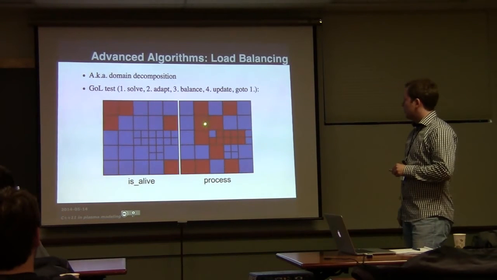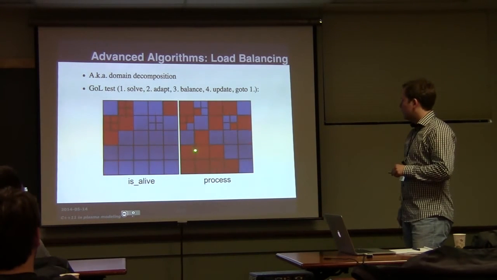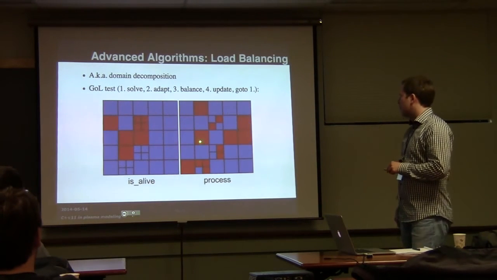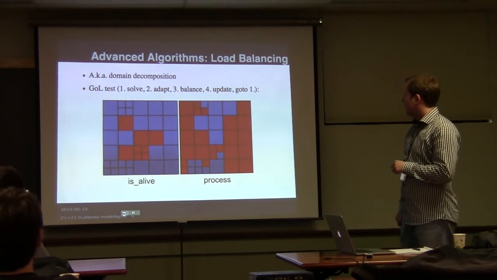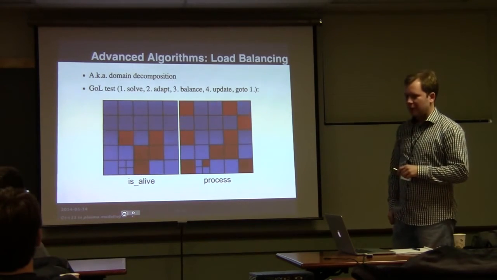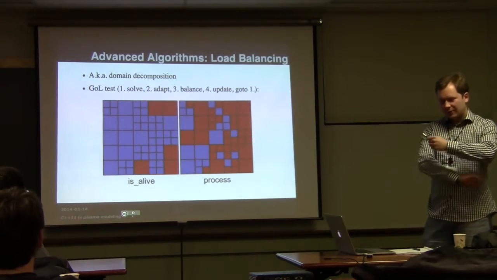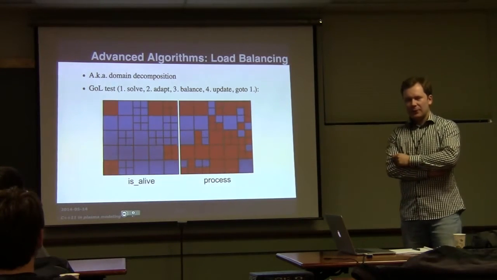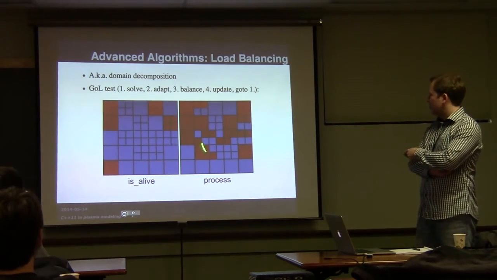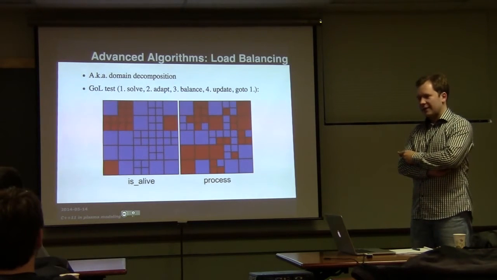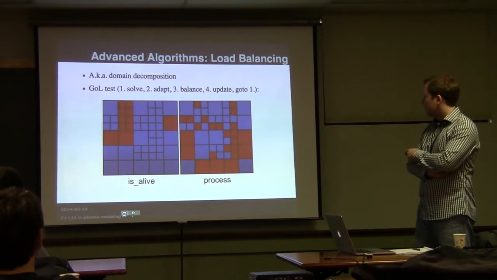So basically, here you see it color coded. Each cell is owned either by the blue or the red process. And since this is from a test case I use, the cells change processes randomly. So in order to get a fast solution, you wouldn't use this kind of load balancing, but this is just an example, and this is very good for testing.